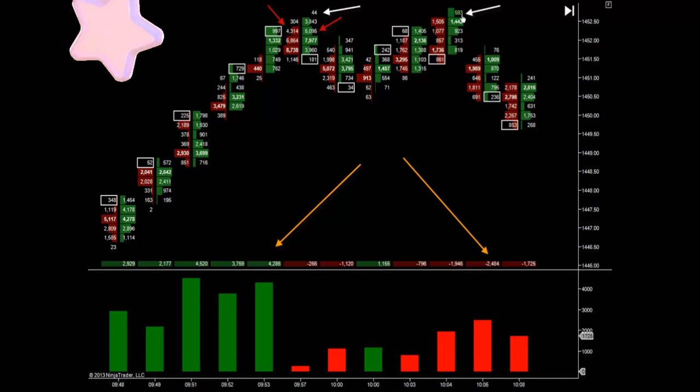A positive delta means more aggressive buying, eating offers, happened than aggressive selling, eating bids, in that period. A negative delta means the reverse. It's the net aggression. How do the three reversal elements show up on cumulative delta? Okay, absorption. You can see it as cumulative delta moving up, meaning more net aggressive buying, while price stays relatively